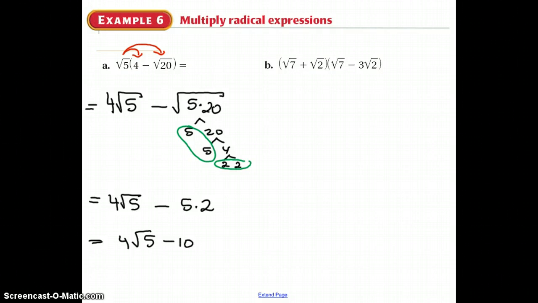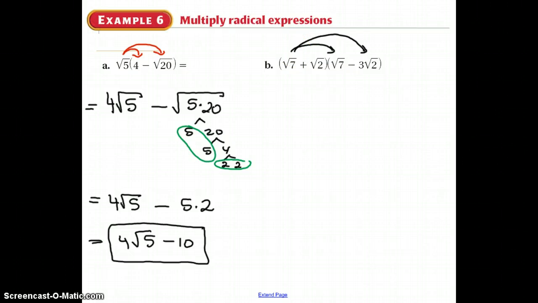And that's going to be your final answer. You can't do anything else because 4 square root of 5 and 10 cannot be combined together. So that's it. In part B, you have to be a little bit more careful. You're going to use the distributive property, and you're going to remember that you should have 4 terms because you have a binomial times a binomial. So square root of 7 times square root of 7 is going to give you a square root of 7 squared,